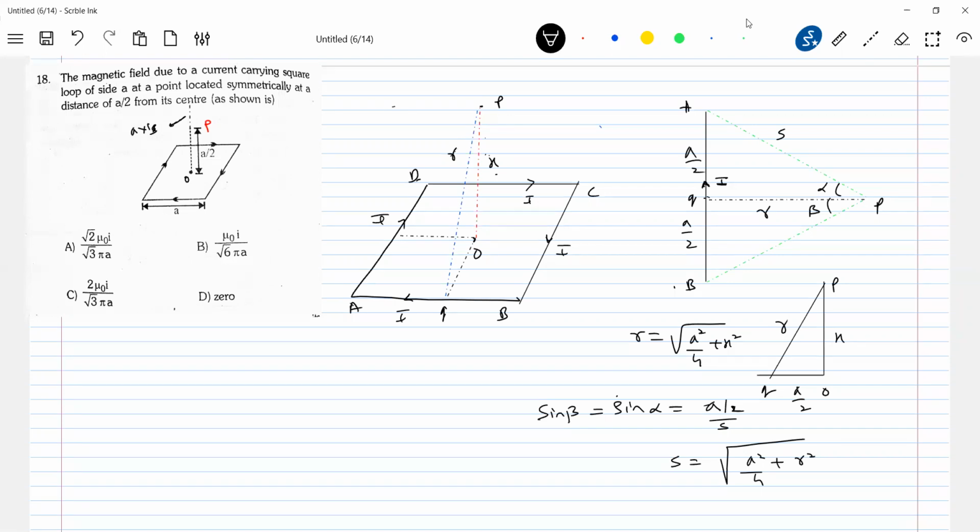Sir, what is the distance X in this, sir? X is the AP, no? AP and BP. They have given A, no, sir. AP is not equal to A, no? Okay. Yeah.